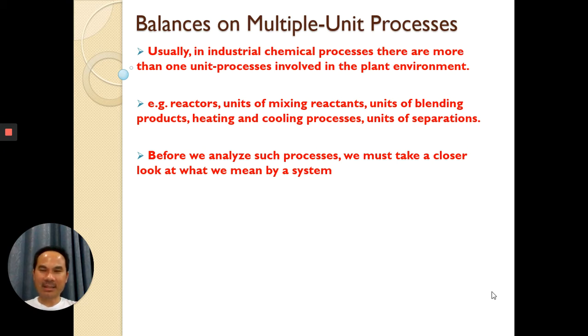For example, in a reactor, to make the product from reactant, we do not have only one unit, but sometimes there is mixing of reactant. That's why we call mixing reactant one unit process, and blending of product. And also we have some heating or cooling process, and also some separation process. For example,